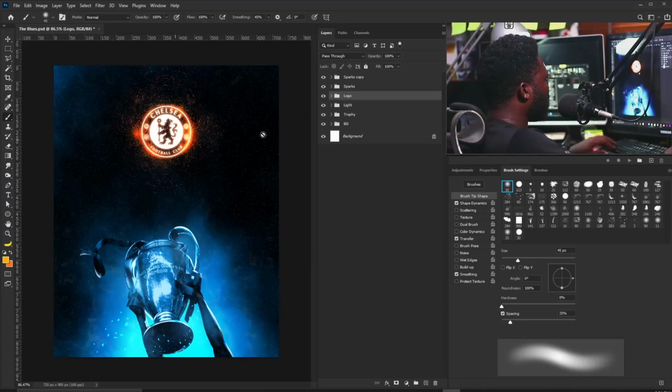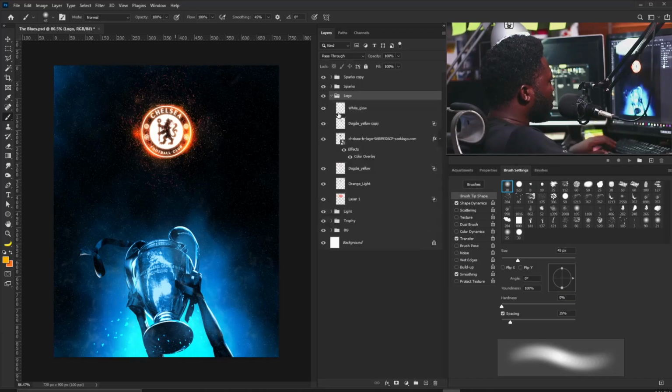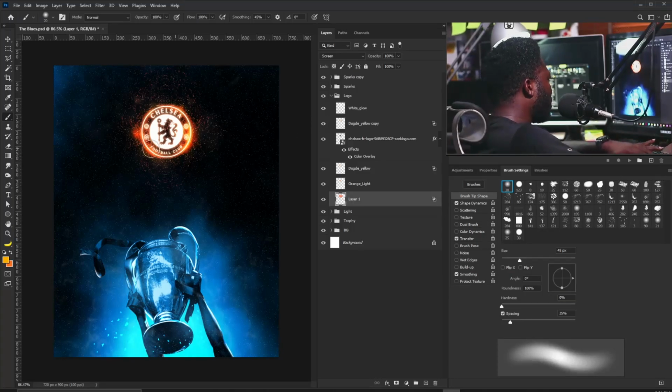So another thing we can do again is on the logo folder, we can add more light here. All right, so I'm going to select the brush tool, and I'll increase the size of my brush and switch this to orange, and just apply the brush to the layer. All right, so as to make it look like the wind is blowing the spark from this side of the frame. All right, so I'm going to just add more here and more here like so,